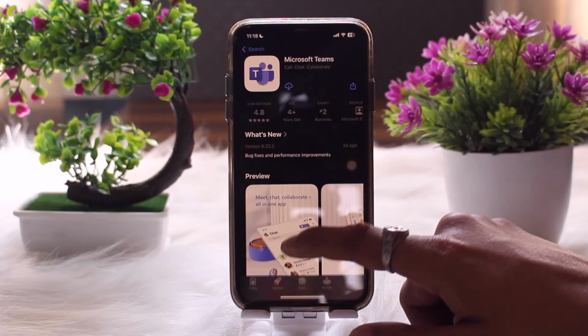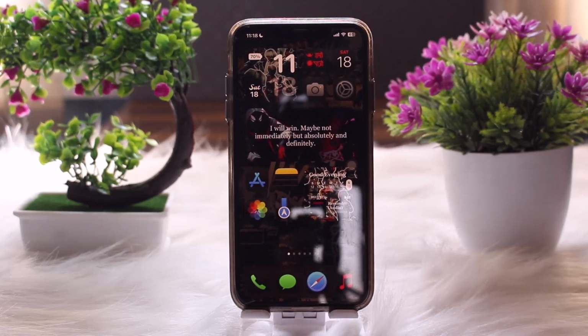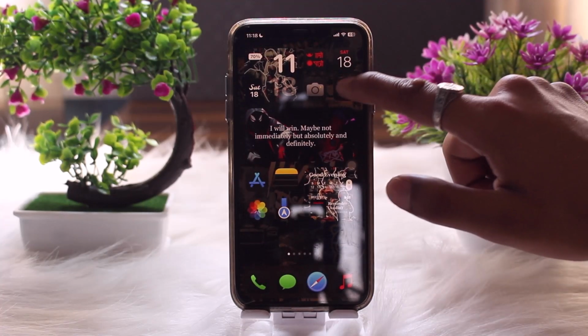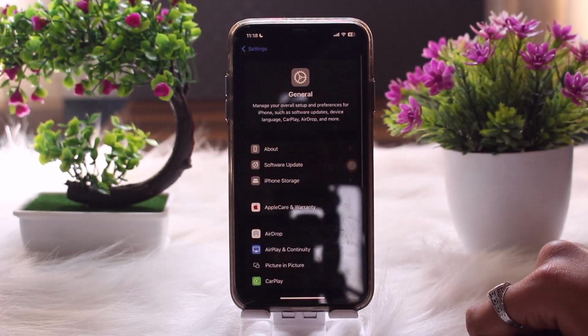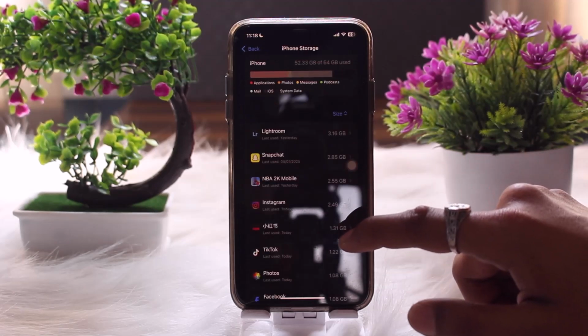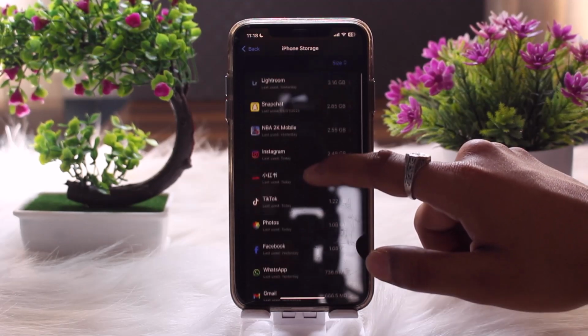But for some reason, if that still doesn't fix the issue, then what you can do is head back to your home screen and then tap on your settings. Now once you're inside your settings, scroll down and then tap on general. Now once you're inside your general, tap on iPhone storage. Now once you're inside your iPhone storage, here what you need to do is scroll down until you find the